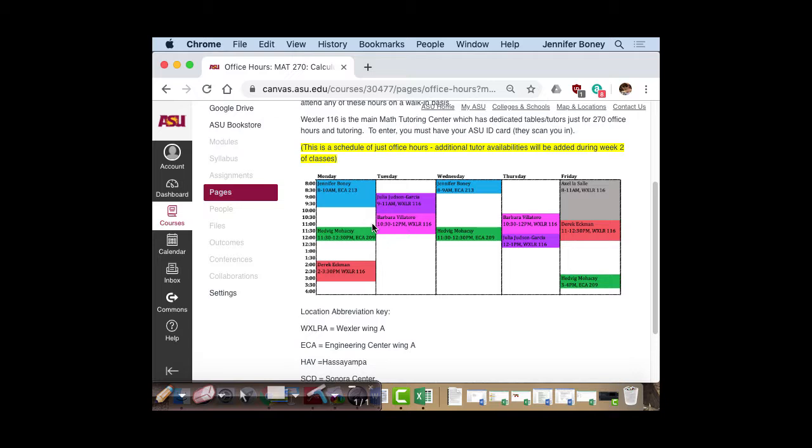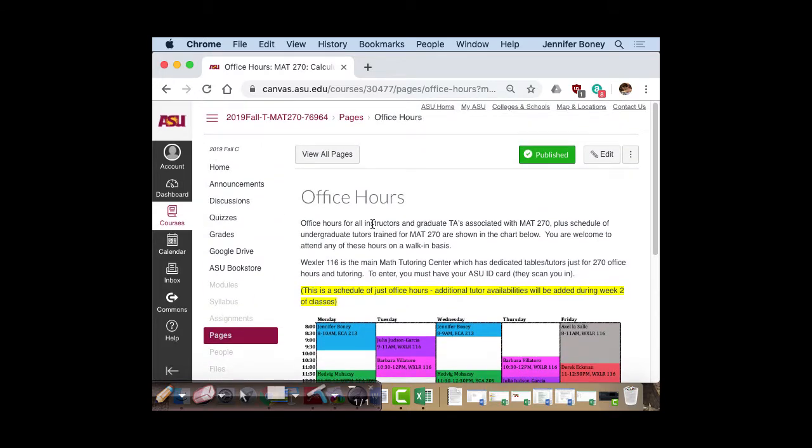The tutor center will have tutors designated for 270 aside from the TAs and lecturers for this class. They'll have a lot of them in the afternoon and evening. We just don't have those hours back from the tutor center yet as to when all of our people are going to be there. But if you wander in, there's somebody that can help you. It's just they don't have the whole schedule together. They are just finishing up hiring everybody. So in any case, make sure you come to office hours and ask if you missed your first recitation,